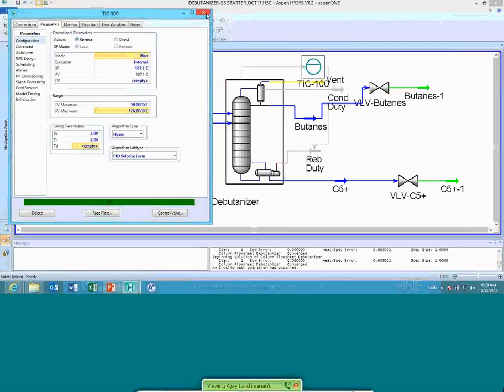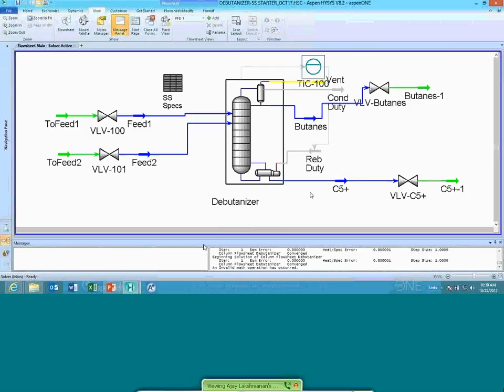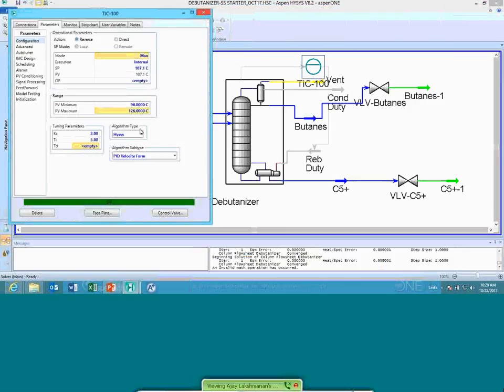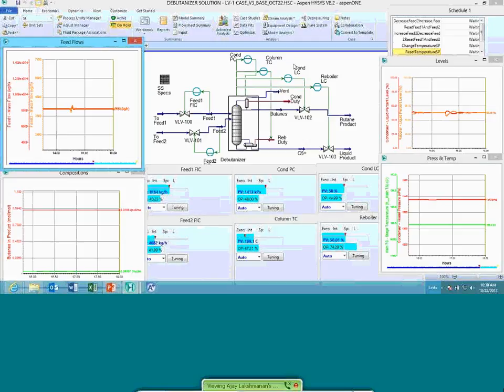Again, the tuning you'll have to play with. I'm using a default tuning for this particular demonstration. So you can go ahead and continue doing this, and as you can see, I've done that, and I've got all of the controllers set up for this particular energy balance configuration control. As mentioned earlier, we've got the flow sheet as a background or a wallpaper. We also have various strip charts. The first strip chart shows the feed flows. I'd like to study this